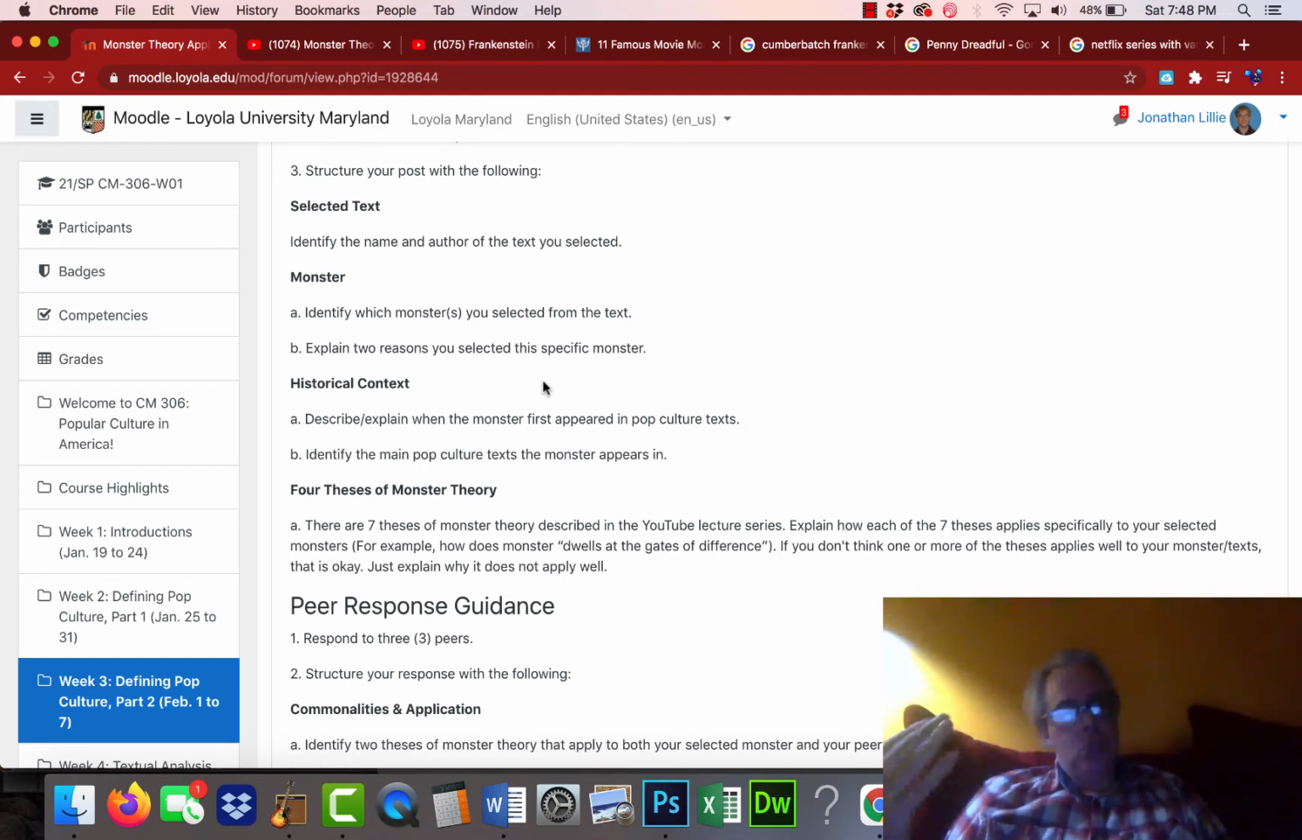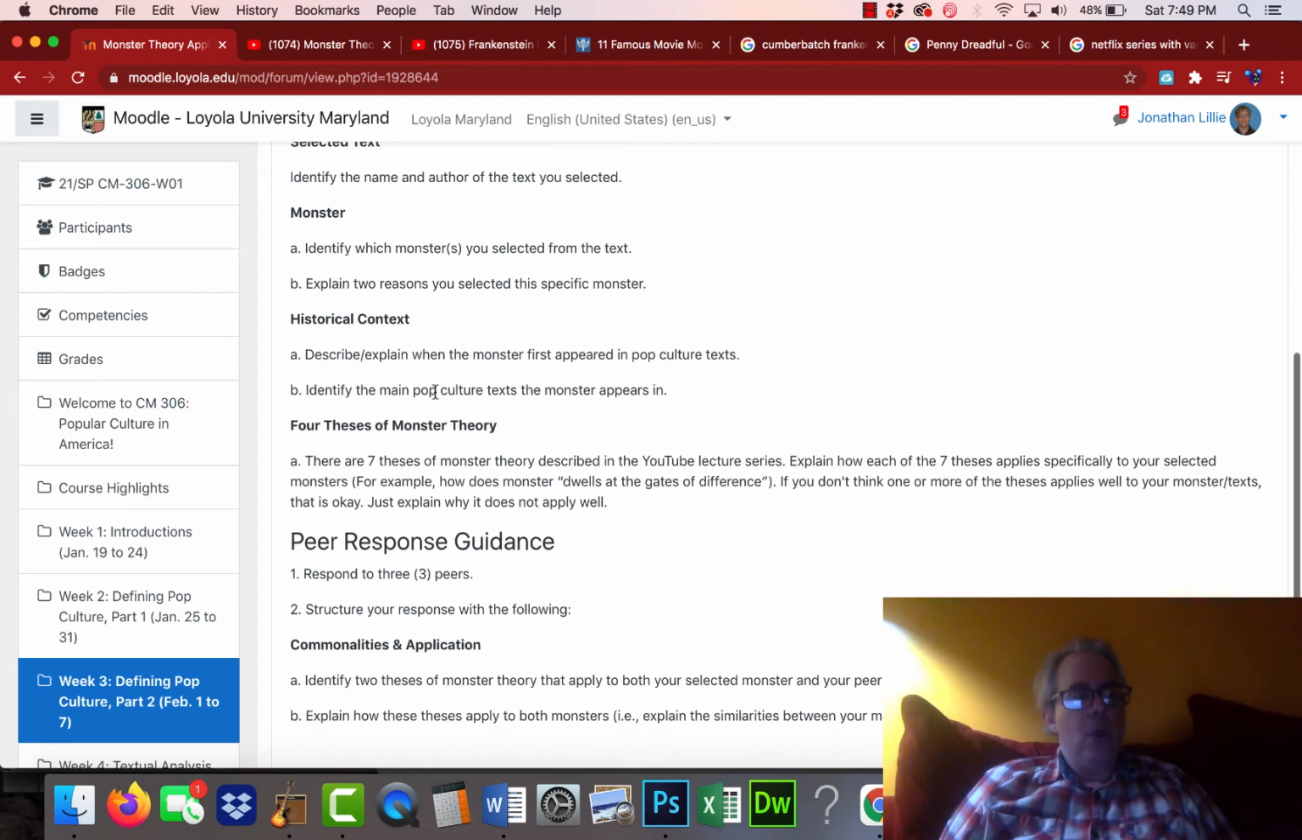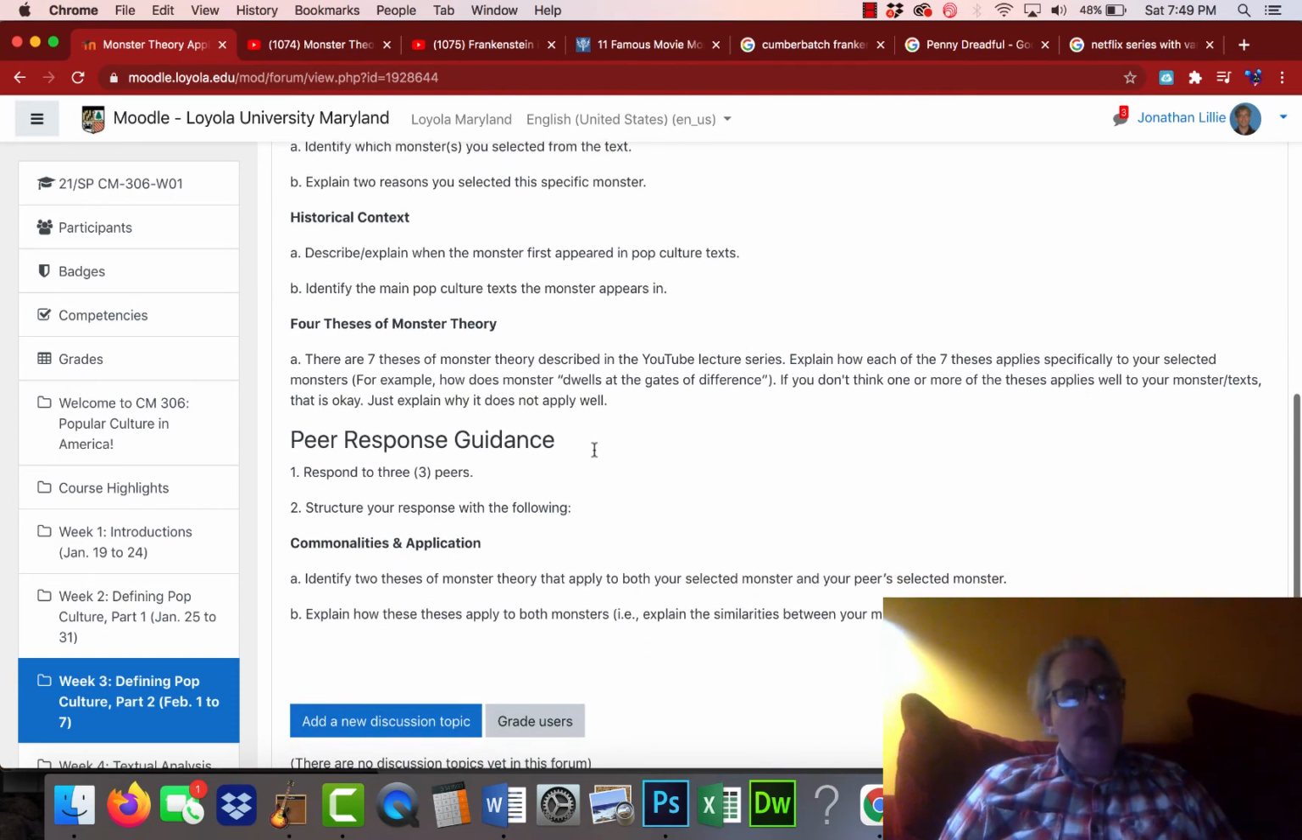It's just to choose, if you chose Frankenstein, just a few of the texts and do a little bit of research on when the first time this particular monster appeared in a cultural text was, and talk about that, and what some of the main films or TV series are that it has appeared in since then. And then the main